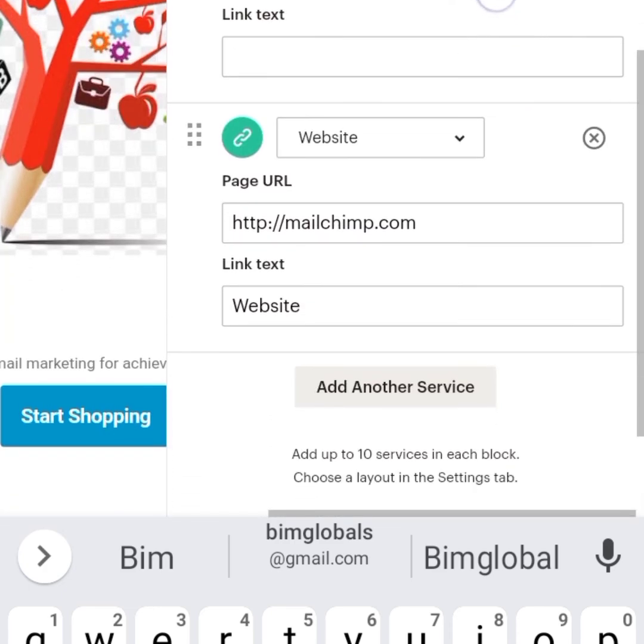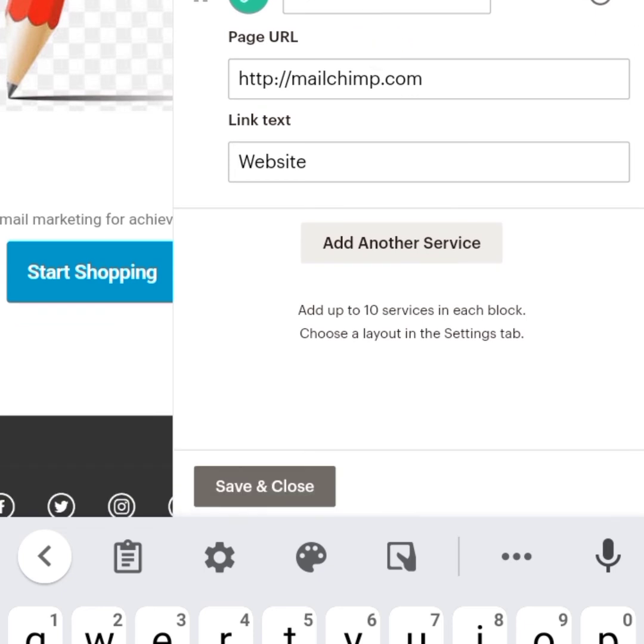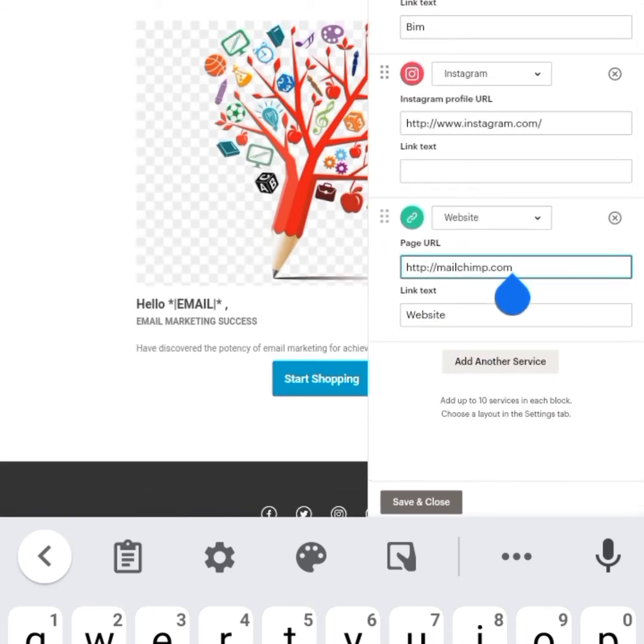then same thing for your Instagram. And then for your website, you want to click this entirely, you want to clean this entirely and put your website, okay? Note that MailChimp is trying to market themselves, so they're going to leave this for you to make sure that you add your website, and they'll be advertising themselves and advertising your website as well, okay? So